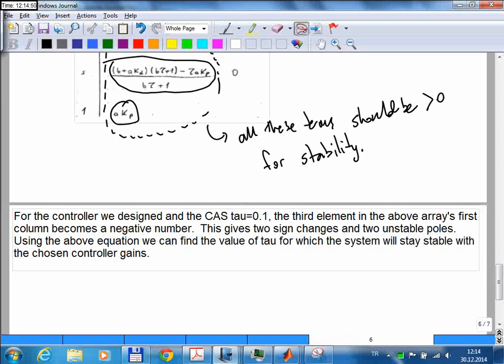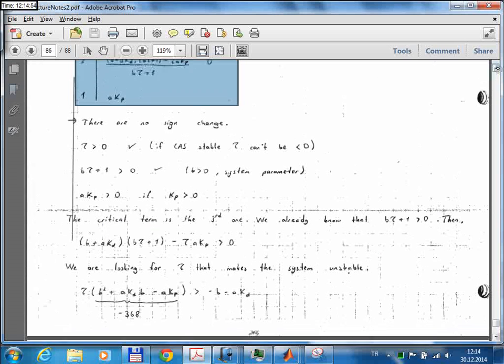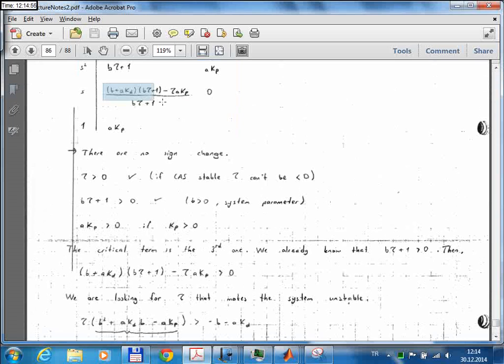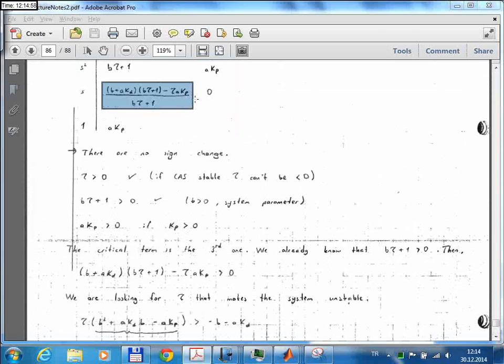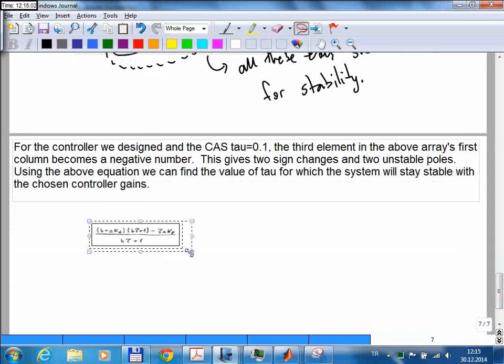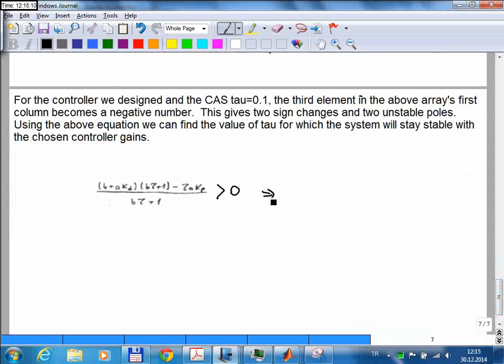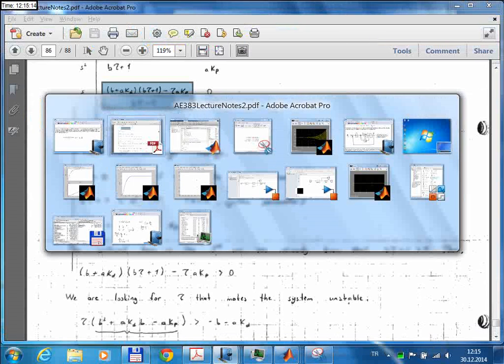So what I'm going to do is I'm going to use this relation. I'm going to enforce this value to be greater than 0. From here we can find an inequality for tau as,